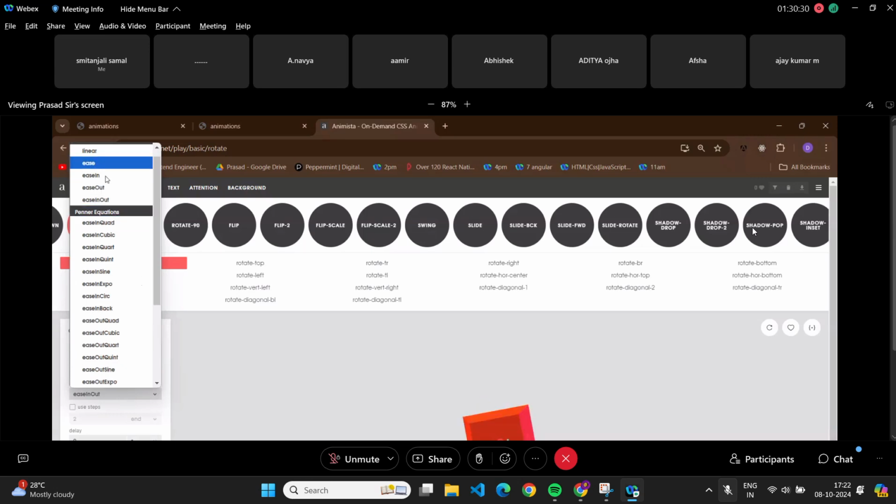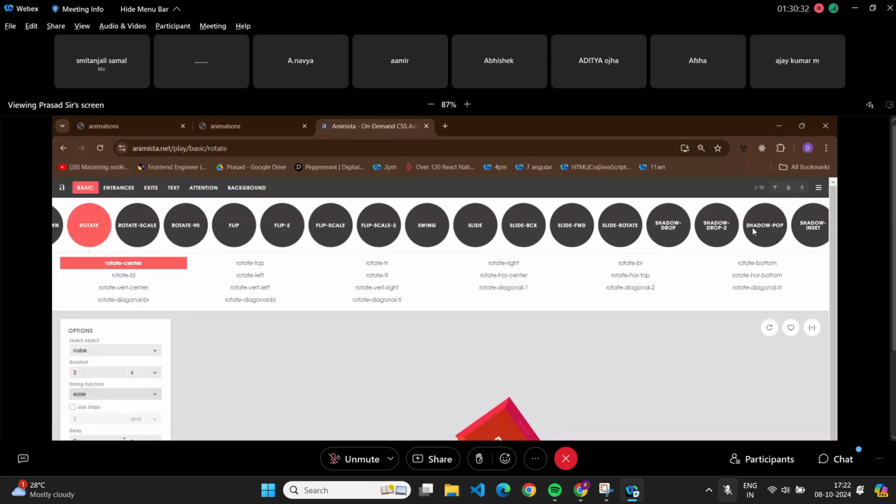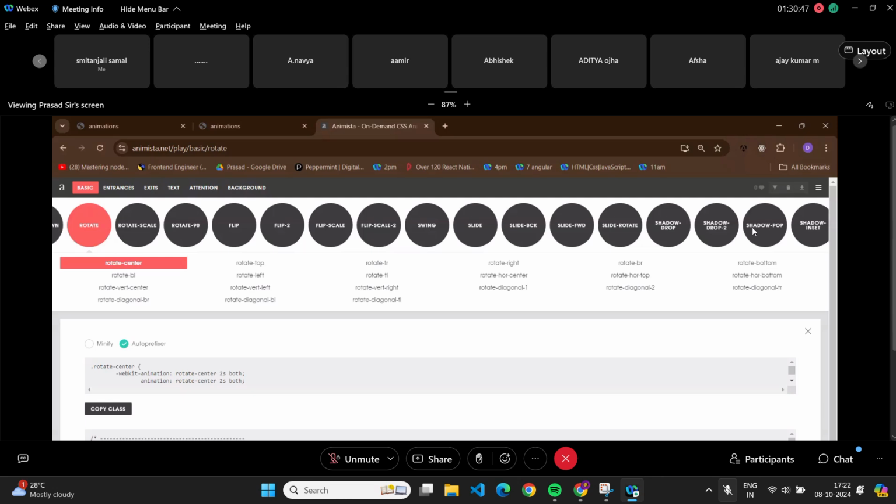Now, sir, how do I get the code then? After giving, you can select any animation you like. Can you see the code symbol at the end? If you click on this, it will give CSS code. You copy and paste this code into your website, and automatically you will get that. You can create on-demand animations like flipping effects, or swing effects, or